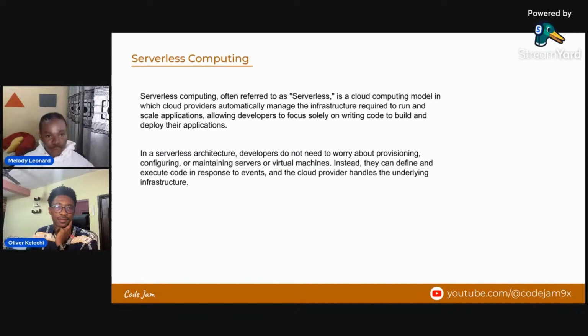Now, what is serverless computing? Serverless computing, often referred to as serverless, is a cloud computing model in which cloud providers automatically manage the infrastructure. So here you're allowing providers like AWS, Google, or probably Microsoft to manage this computing automatically for you, right? You're allowing these providers to manage the infrastructure for you. And what that allows you to do is that now they handle auto scaling for you and a lot of other things. So it said automatically manage the infrastructure required to run and scale applications, allowing developers to focus solely